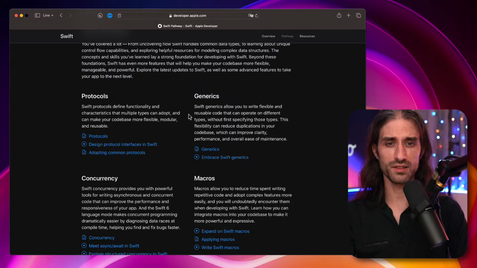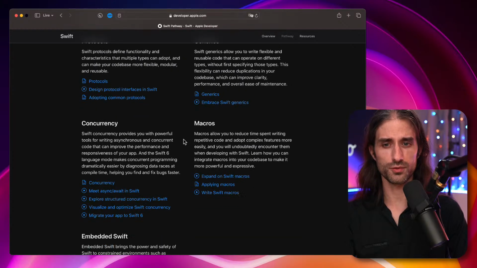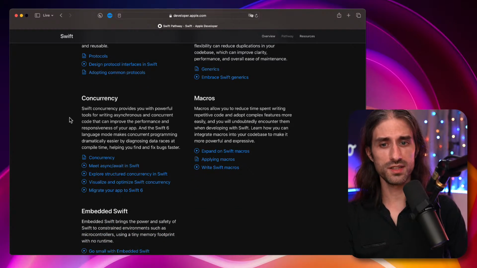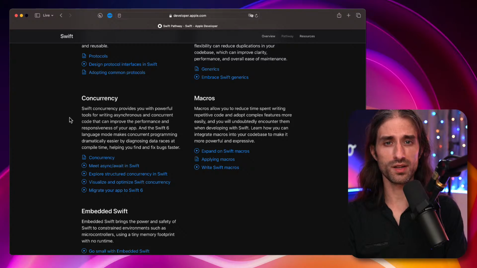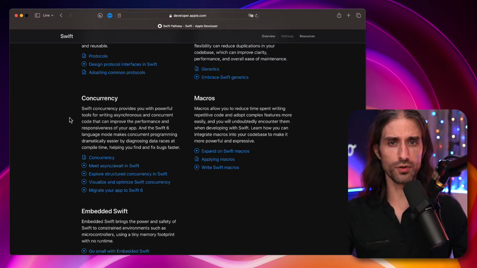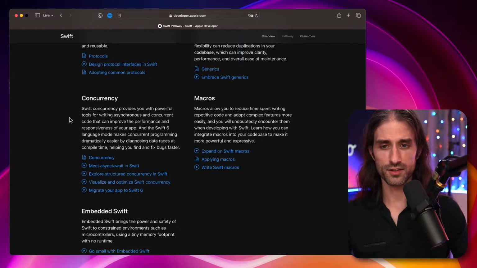One of the very nice features, one of the most powerful features of Swift, I would say. Concurrency, super important. How do you write code that is asynchronous so that it doesn't block your app while it interacts? So how do you make a file download from the internet without blocking all user interactions until it's complete? Super important. And Swift has a very nice syntax to handle this.